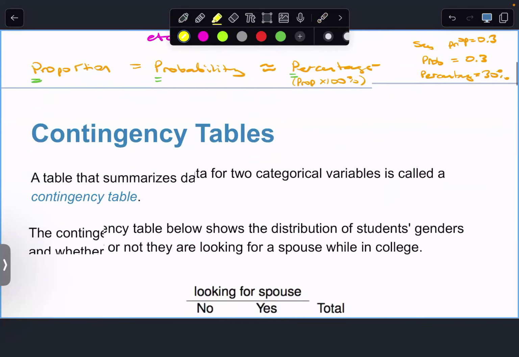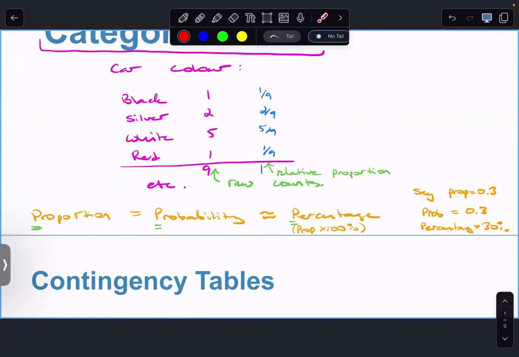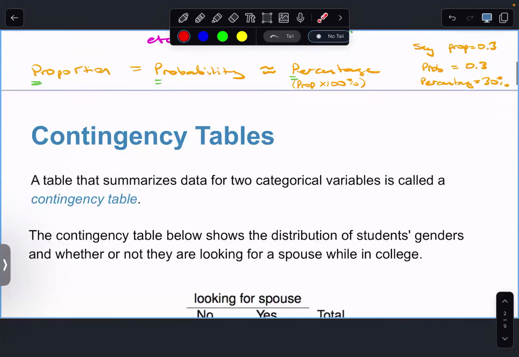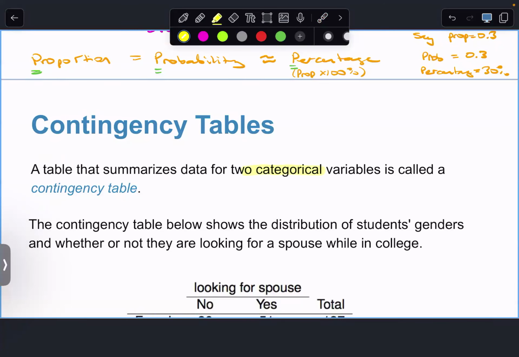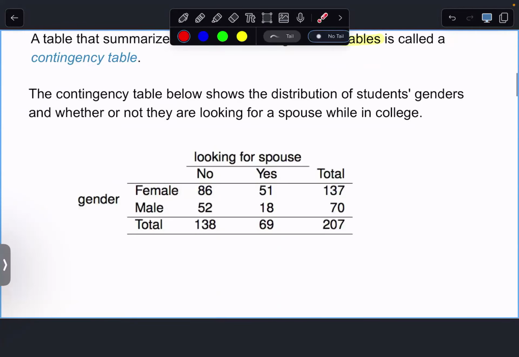So we can step it up a notch. Here we just had a table of counts or even relative proportions, or we could convert these to probabilities if we wanted to. But if we talk about 2 categorical variables, which is more interesting, obviously, than just 1, then